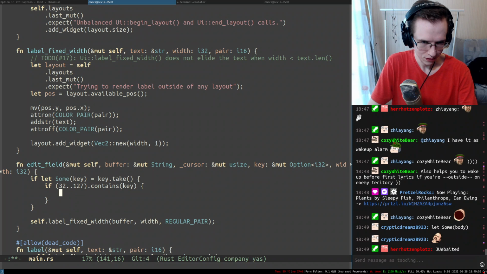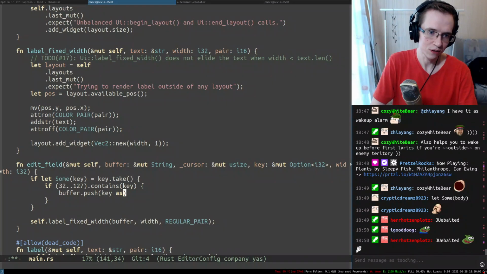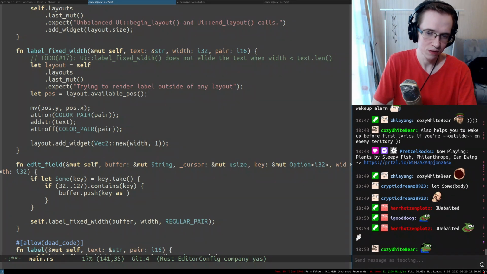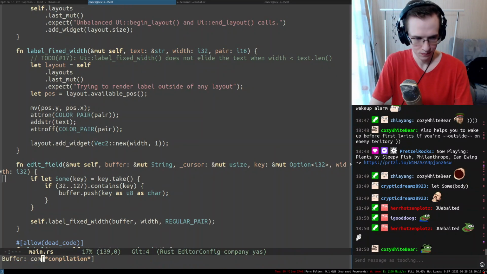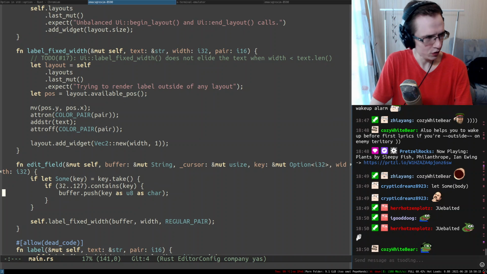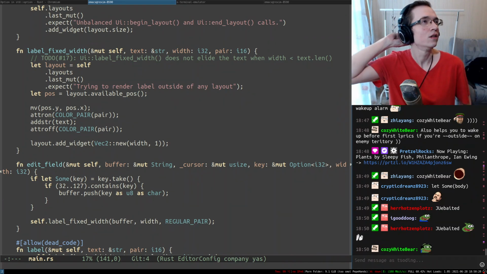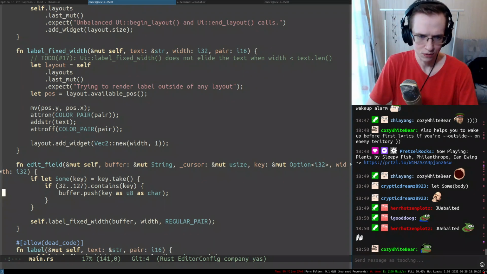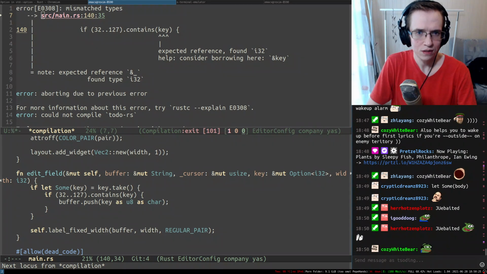Now, essentially, what we want to do, we want to take the buffer. And we want to push this thing as a new character. So can I really push a new character into a string? I think I should be able to. As a character, there we go. So that's pretty powerful. Unfortunately, enter, I think enter is considered to be, maybe not actually, maybe it's not, so it shouldn't be that. Yeah. So key,